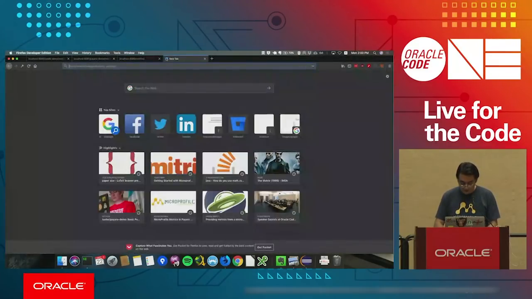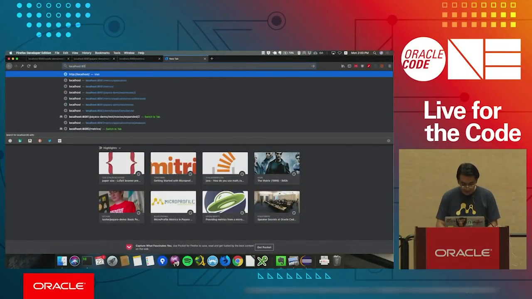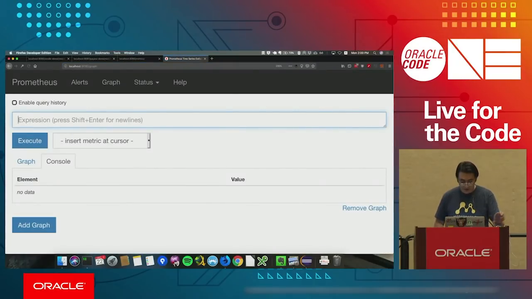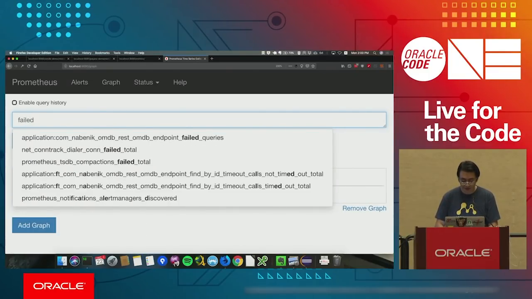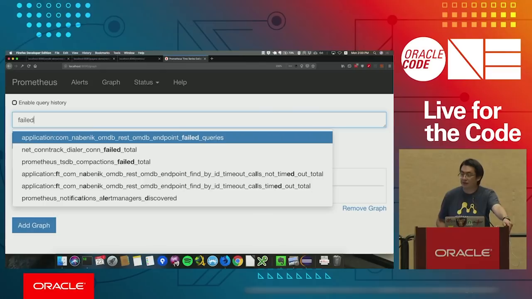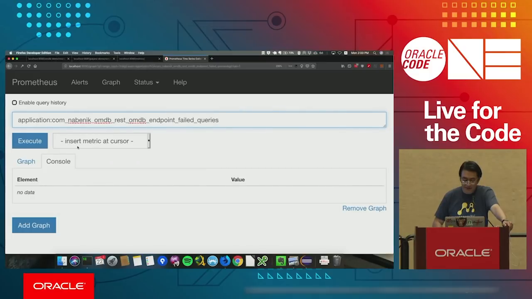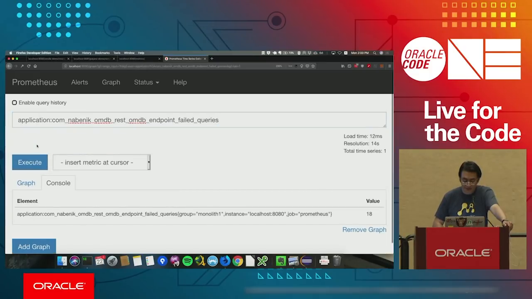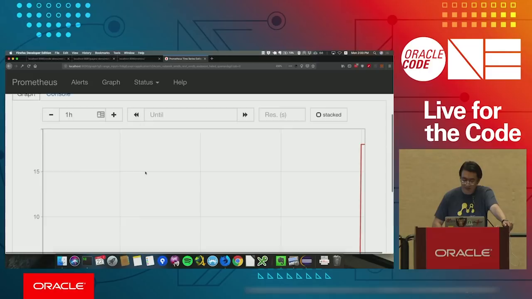And if you go to localhost 1990, Prometheus is running, and you could actually query for that metric in Prometheus. Once Prometheus is connected to your microservices by using a service discovery or some kind of directory, you could go and say, I want to know the failed queries in this endpoint. So this metric is in the application level. This application level says this query is in here. I could execute my first query and see it in a pretty